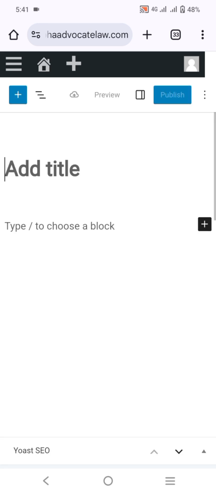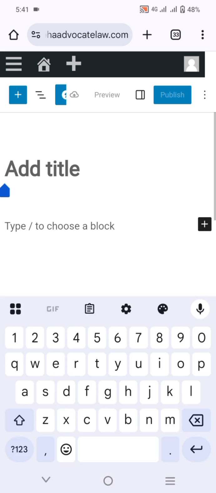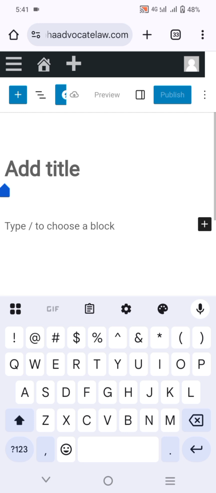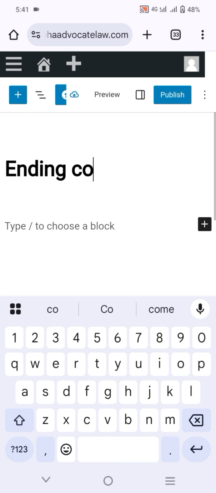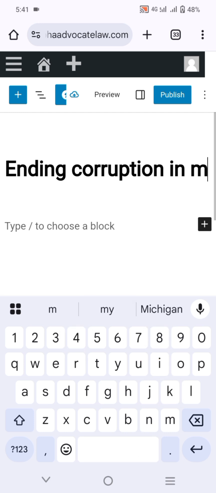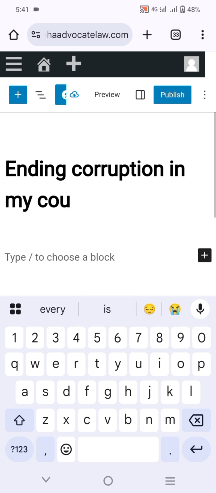You must have known what you want to post, the picture and everything. Whatever the post is all about, this is the space where you do your posting, just as you would post on your Instagram page or your Twitter. So you add your title. Let's say you want to write an article about ending corruption in my country. So, ending corruption in my country,